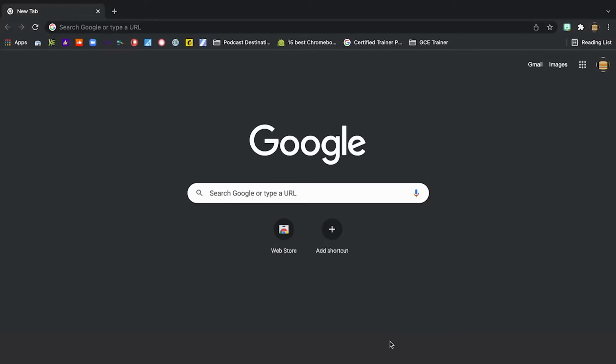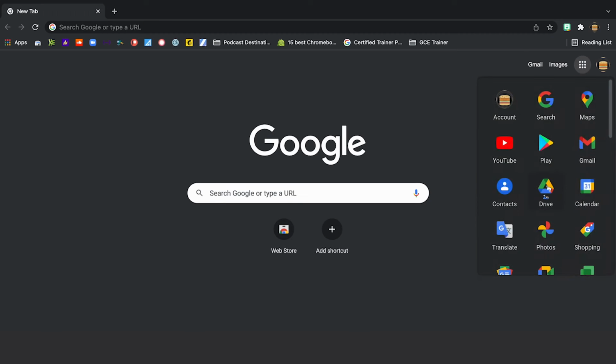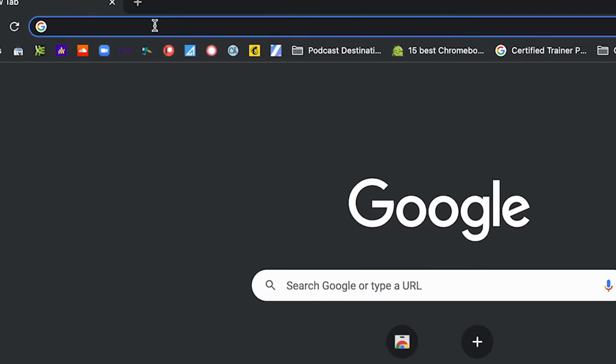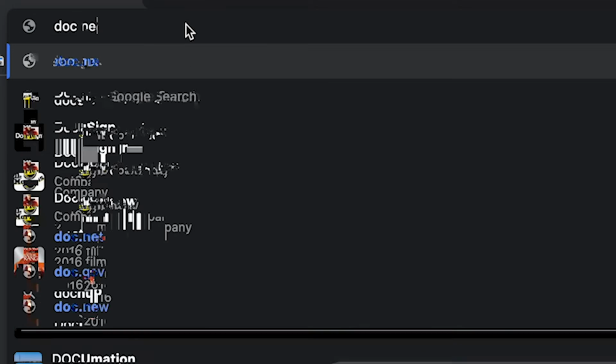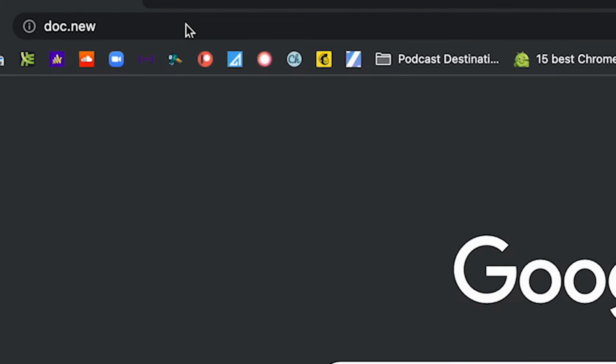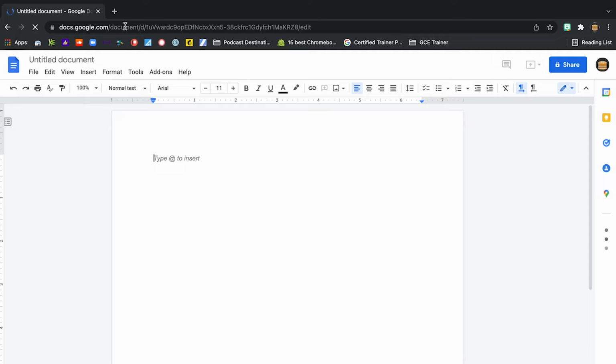And the first thing that I'm going to do is obviously make sure that I'm on the internet and connected, make sure I'm in the right account. And I'm not going to normally go to my Google Drive by clicking on the apps and that. Instead, what I'm going to do is type in for a new Google Doc, doc.new, and hit enter. And as you can see, it opened up a brand new Google Doc for me,